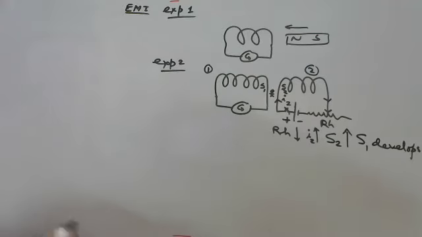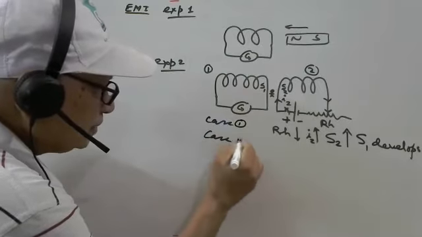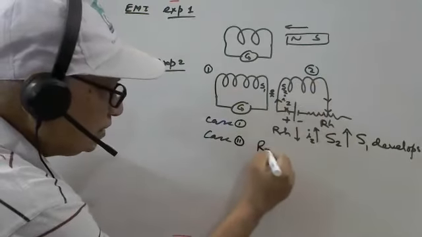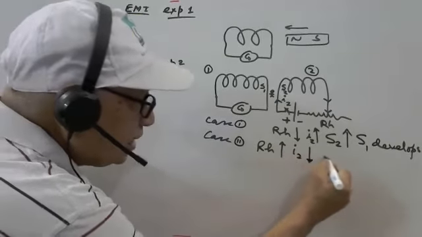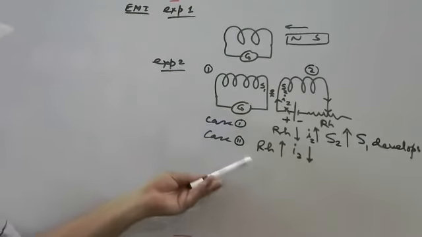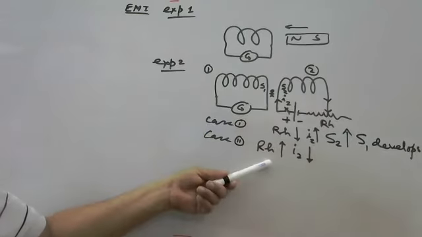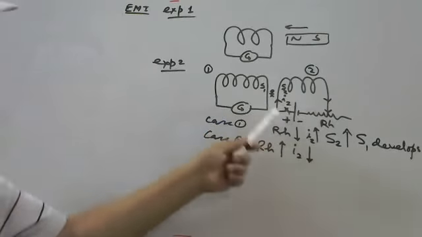No. Then suppose case 2, in this, if the resistance in the rheostat increases, then current I2 decreases, then here in solenoid 2, which pole develops? Which pole develops? North or south? In case 2, if the resistance increases, current in solenoid 2, because of this polarity clockwise again, I2 decreases.